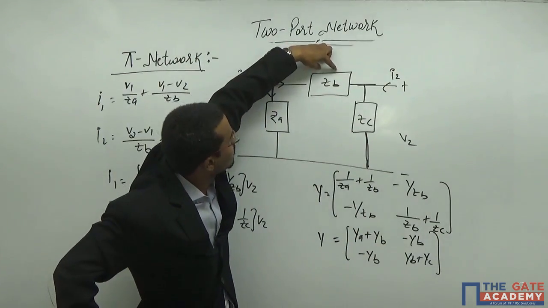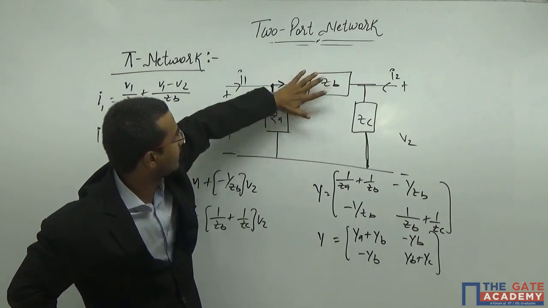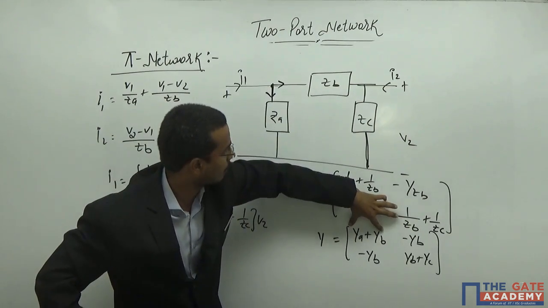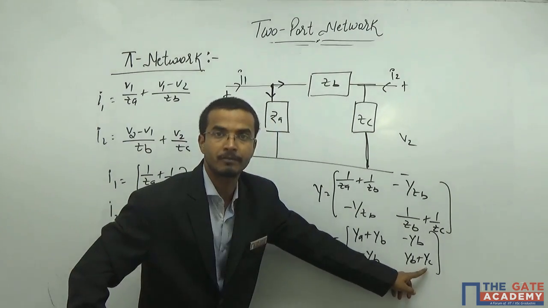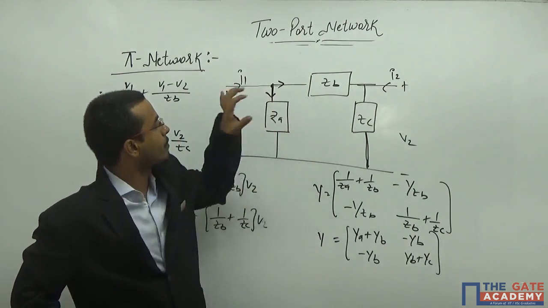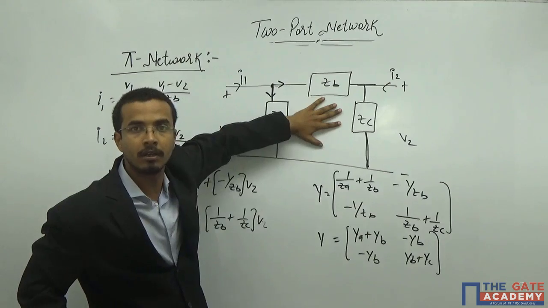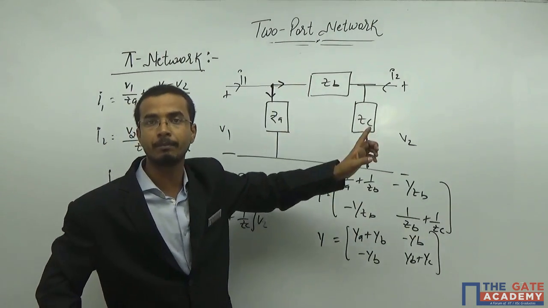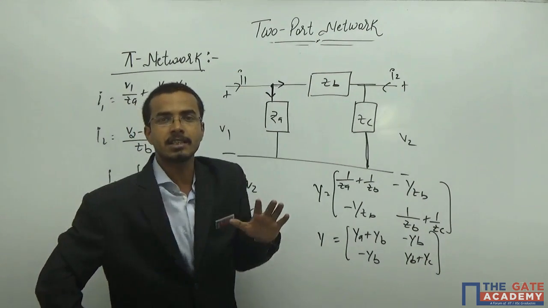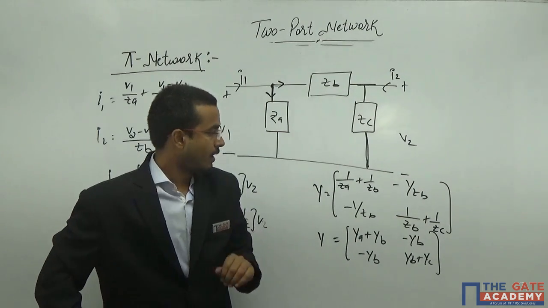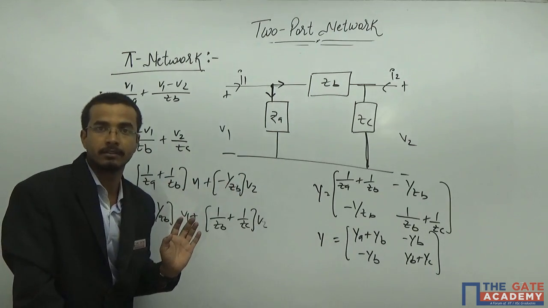See, the admittance of this branch is the common part in Y12 and Y21, the total admittance at this particular node is your Y11, and the total admittance at this particular node is YB plus YC. That means if they provide me the pi network, I will calculate the Y parameter in the first attempt, because getting the Y parameter of the pi network is the easiest approach. You do not have to pick up the pen to tell the Y parameter of the pi network.